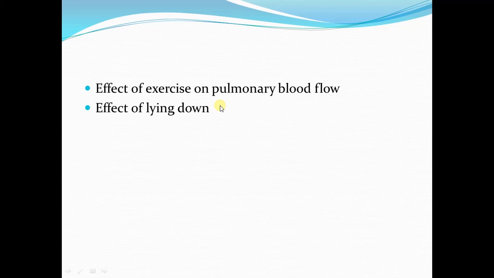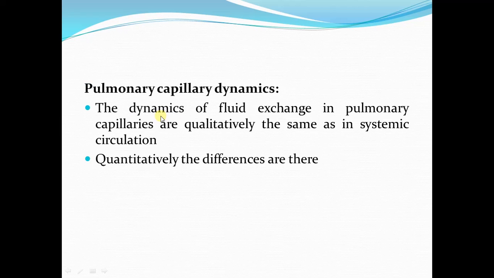Next is the effect of posture on the regional pulmonary blood flow. When a person lies down, there is zone 3 blood flow in all parts of the lung. This is because in the lying position, the effect of gravity is not present to produce hydrostatic pressure gradients. All parts of the lungs receive equal amount of blood flow, and zone 3 blood flow is present in all parts of the lungs in lying position. So this was about the effect of hydrostatic pressure gradients on the regional pulmonary blood flow.